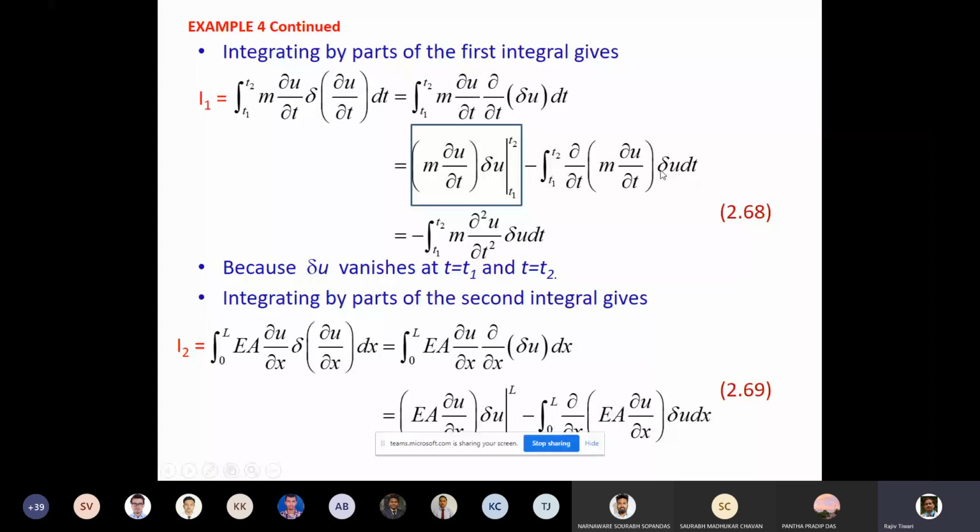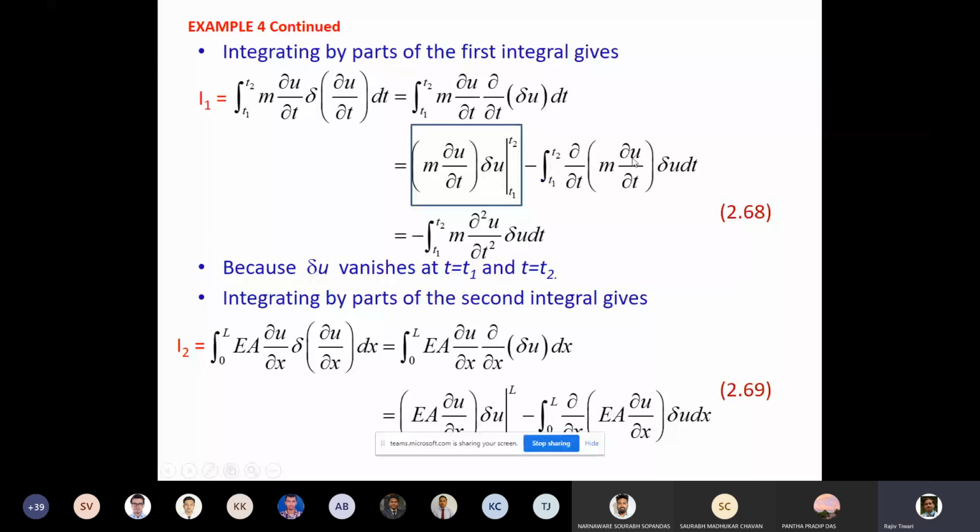But now the first term, if you take the limit at t2 and t1, the variation is not defined with respect to time. So this term within the box will be 0. The variation, as we defined in Hamilton's principle, at the beginning and the end of the time, the variation of the generalized coordinates is 0. The true path and the varied path coincide at t1 and t2. So this delta u is 0, so this term will go, and we'll be left with only this term